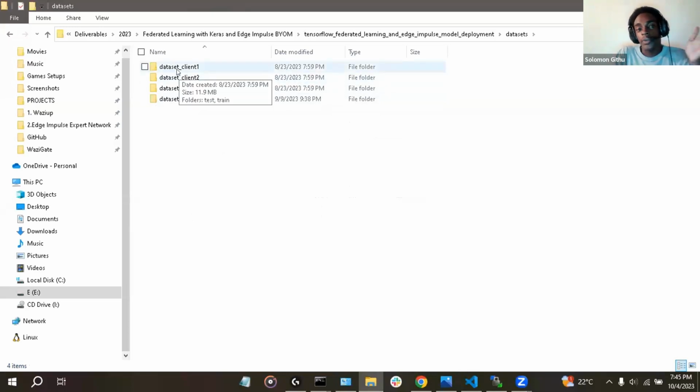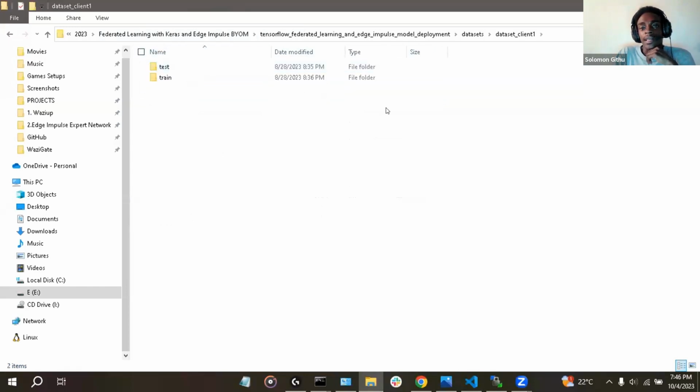For each client, we have different data sets, because in a real scenario, if you have different devices, each device will be collecting its own data. On the data set, we have different folders. We have one folder for the first client data set, and it has both training images and testing images.